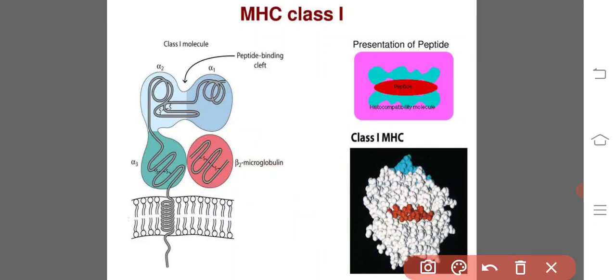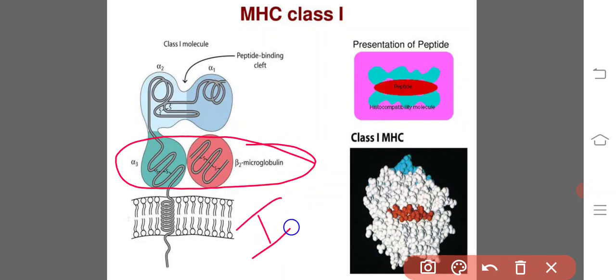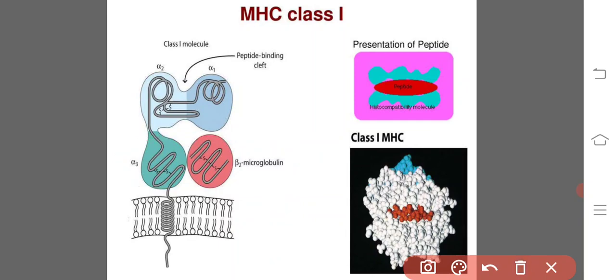Since data reveal homology between the alpha 3 domain, beta 2 microglobulin, and the constant region domains in immunoglobulins, alpha 3 and beta 2 are members of the immunoglobulin superfamily. The enzyme papain cleaves the alpha chain just 13 residues proximal to its transmembrane domain